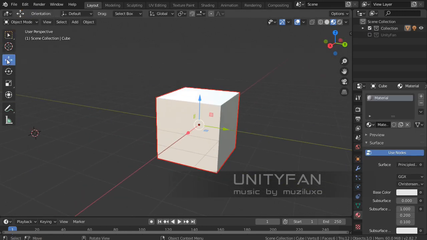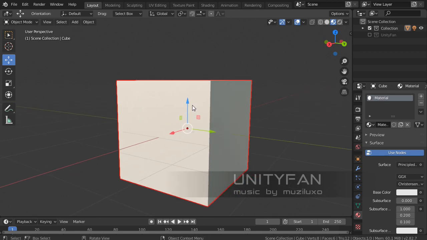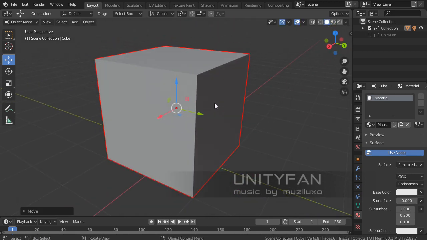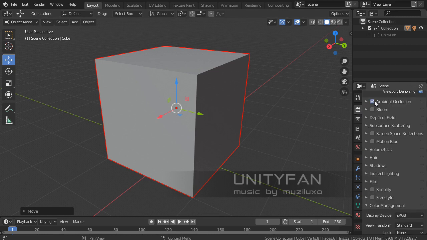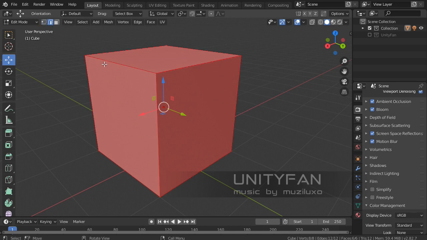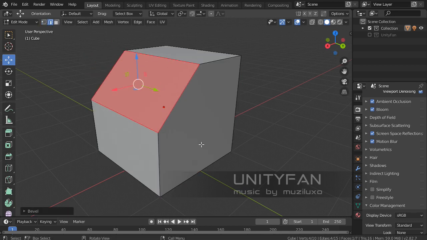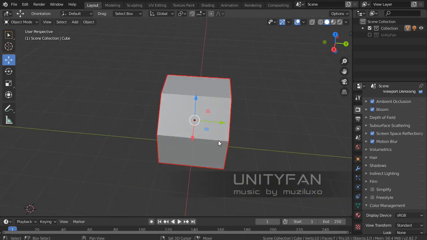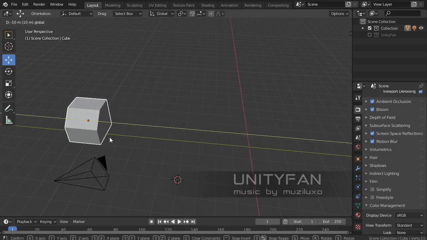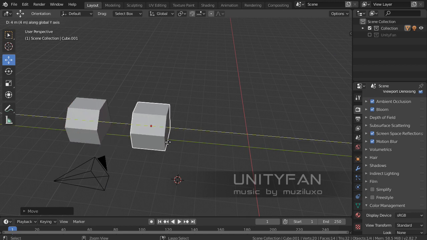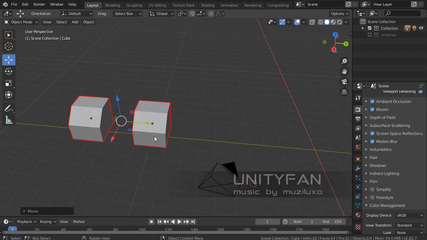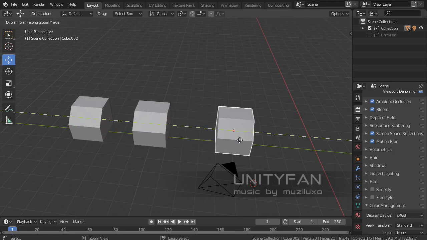Just like last time, I'm going to make a very simple object, like this one, and let's duplicate it several times for several examples. Okay,